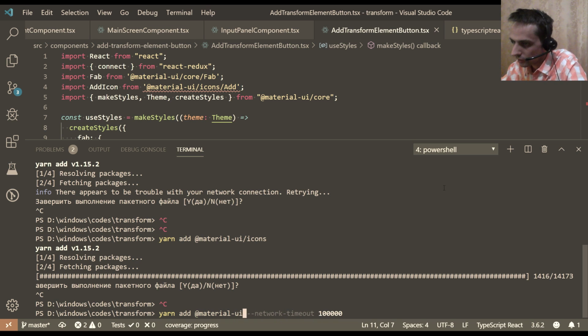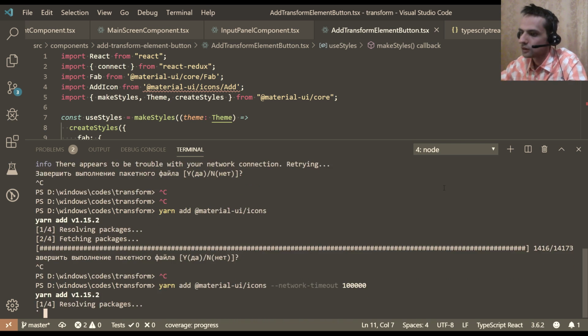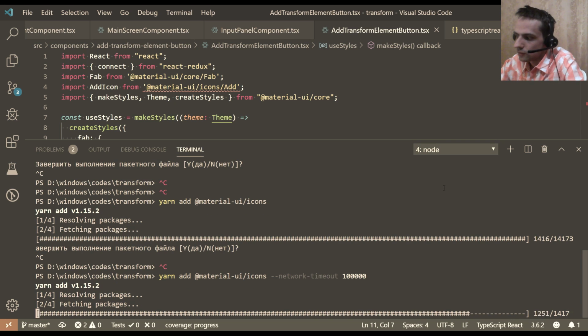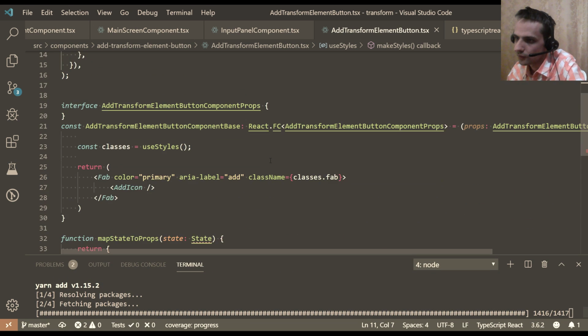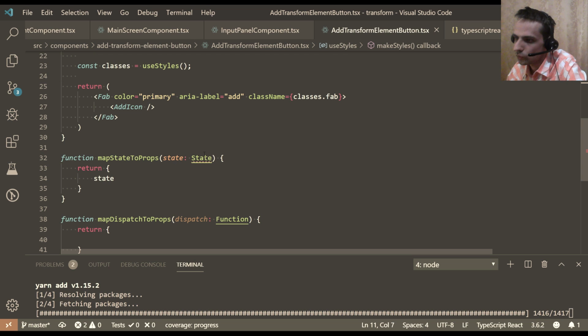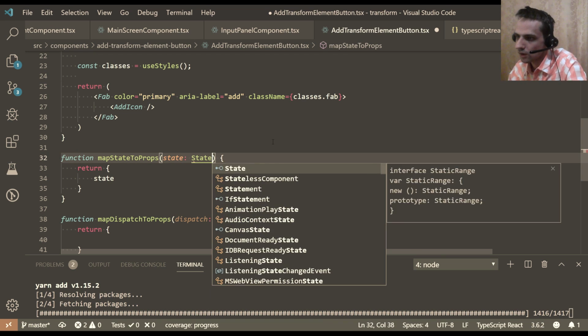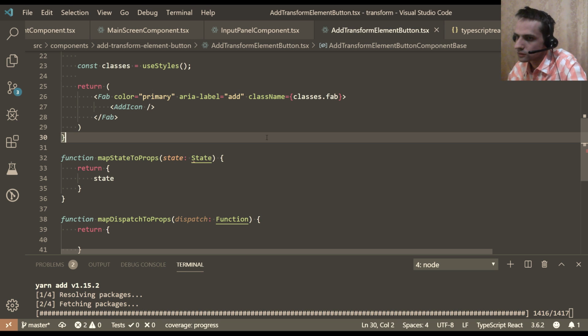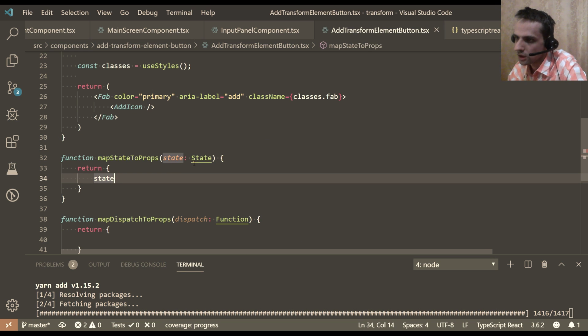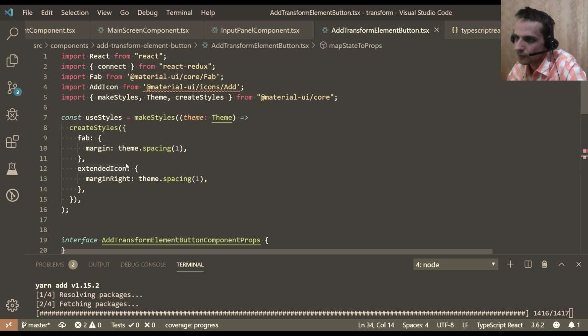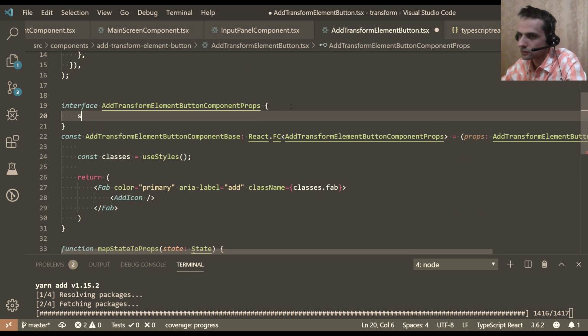Material UI icons. Let's try again. Okay, well, it's trying. I will try to get on with everything. Okay, so